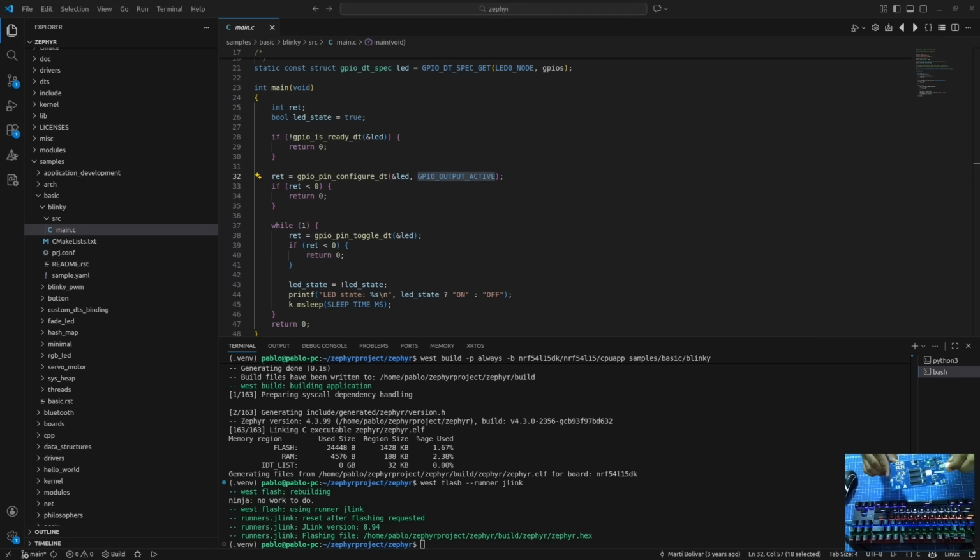After that, the next step is working on prj.conf to enable the UART to see this LED status. Let's go there.